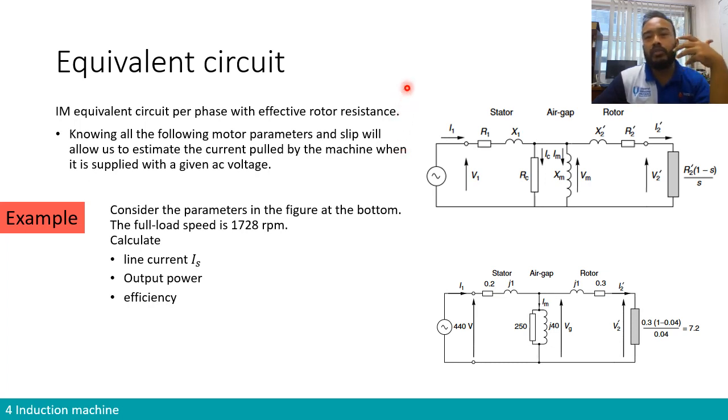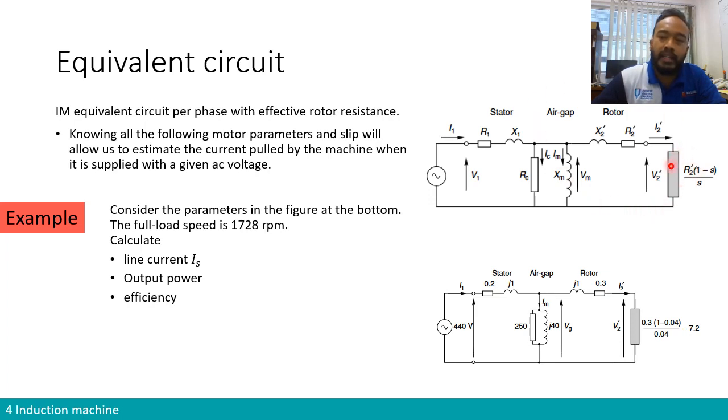Now applied to induction machine, it is basically exactly the same thing, where you have the same core losses RC and XM, where you have the rotor. It was the secondary for the transformer, but now it's the rotor leakage inductor and the resistance of the rotor. You have the resistance of the stator and then the leakage flux for the stator. So you have the exact same model,